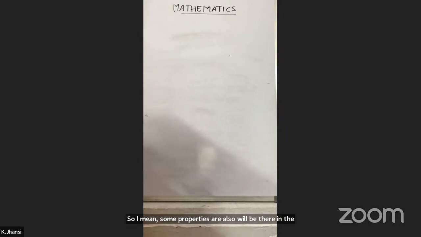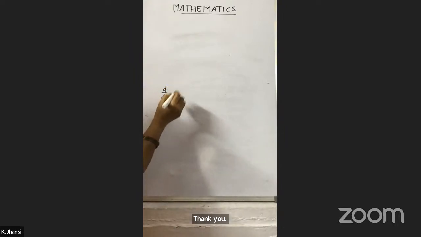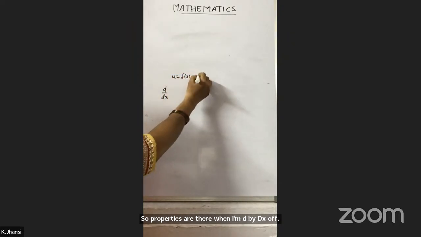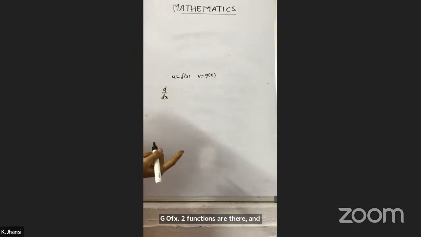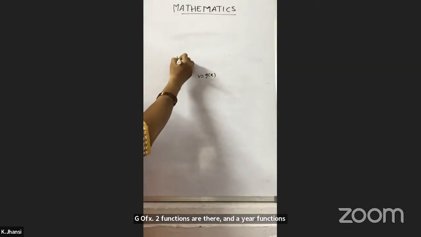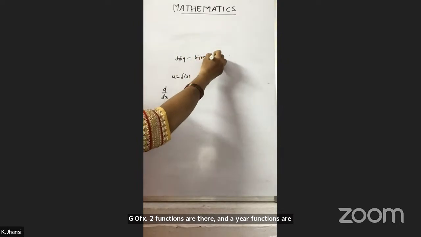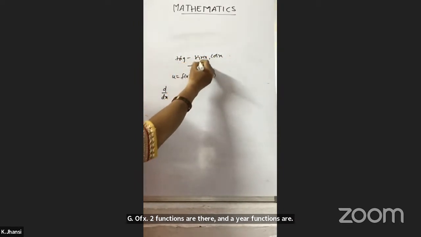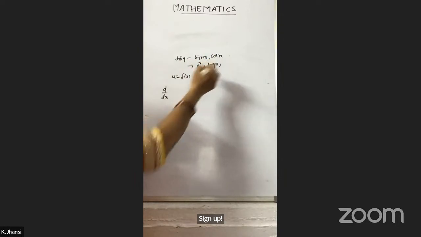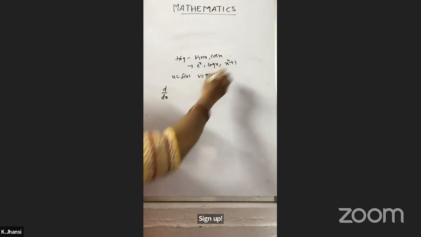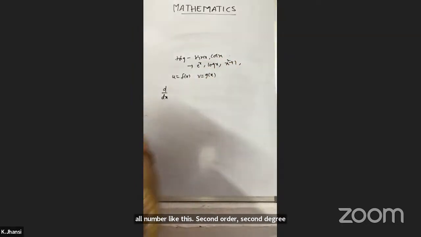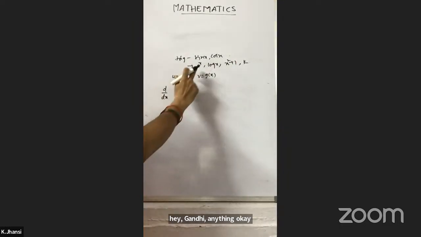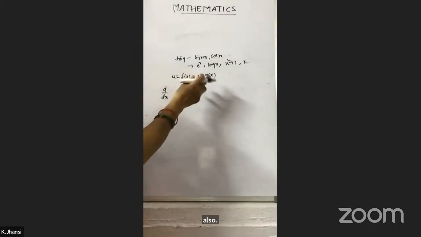So properties, that is d by dx of, u is one function you can take, and v is another function, g of x. Two functions are there. And here the functions can be trigonometric functions, that is sin, cos and those. And other functions can be e power x, log x, or any polynomial. Polynomial means like this, second order, second degree, or anything like x square plus 1, something like that. And also we have constant functions, that is k or anything. Okay, so like the different functions, suppose we take u as e power x and v as sin x, two functions. Then